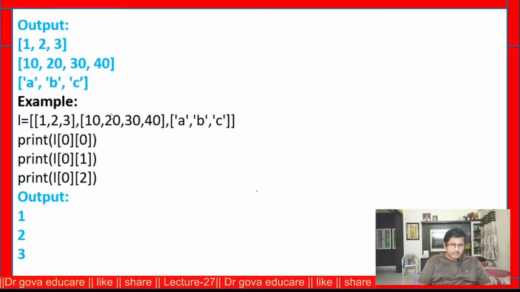Similarly, L of 1, 0 is 10. L of 1, 1 is 20. L of 1, 2 is 30. L of 1, 3 is 40. Similarly, this is 2. L of 2, 0 is A. L of 2, 1 is B. L of 2, 2 is C.